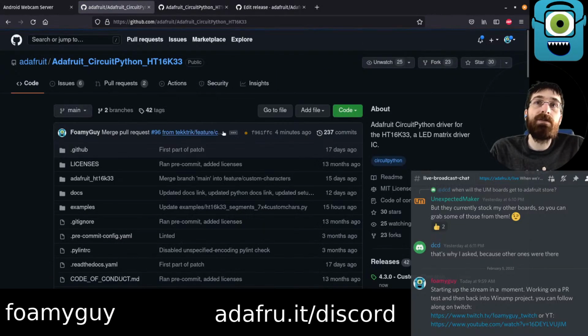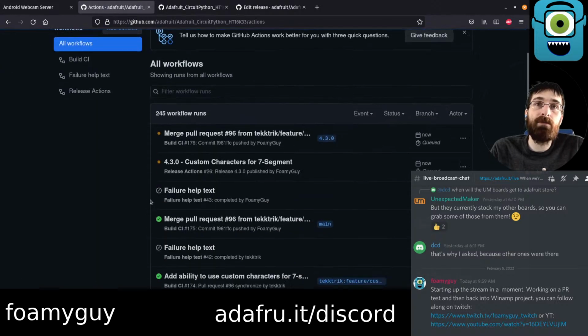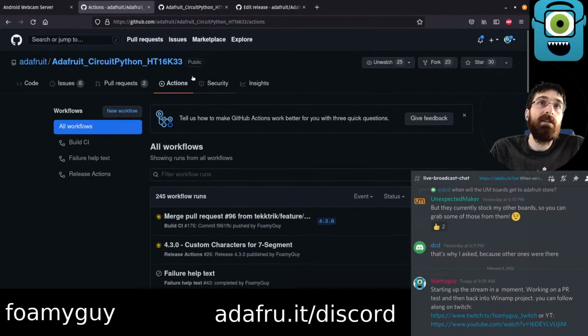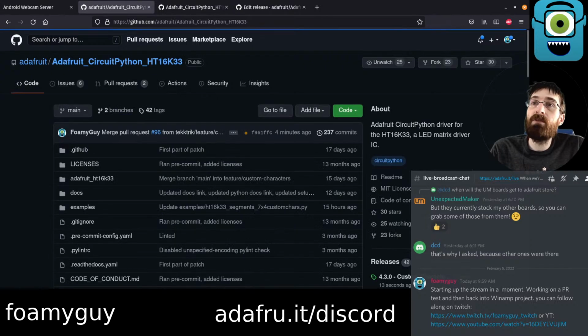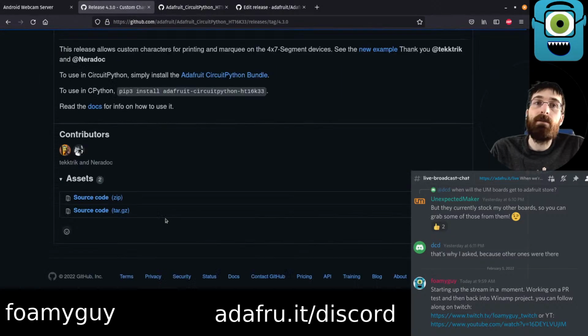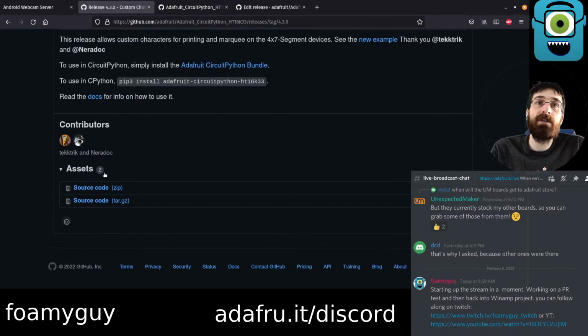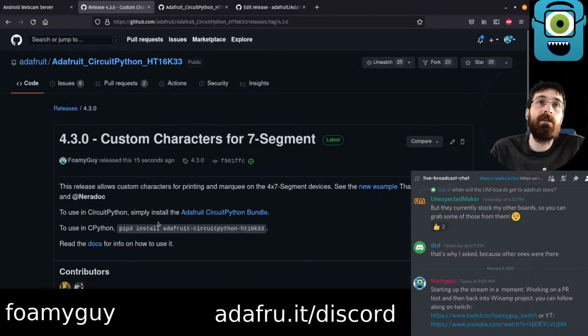And this will run some more actions. You can see it's still working on actions. There's probably a couple of them queued up. And the actions are what will build the release assets. So right now there's actually only 2 assets listed right here. But if we look at a previous release,